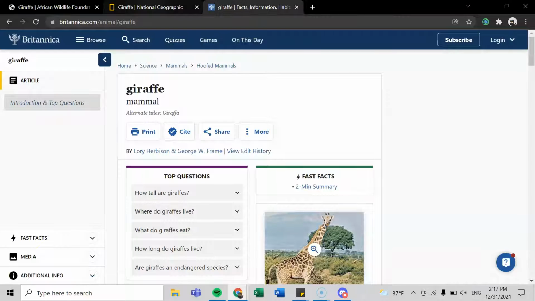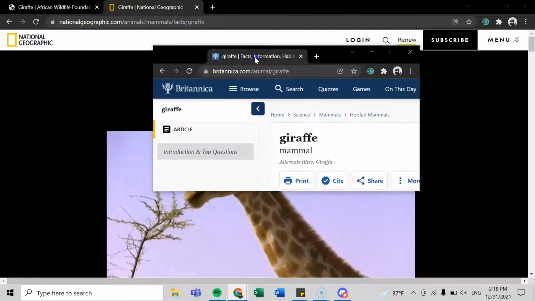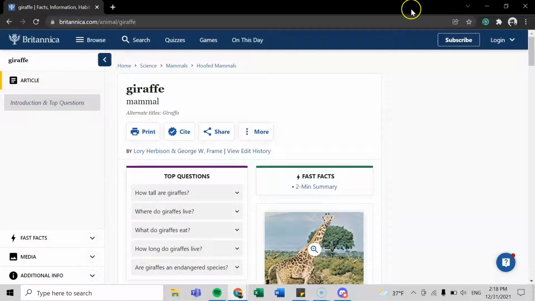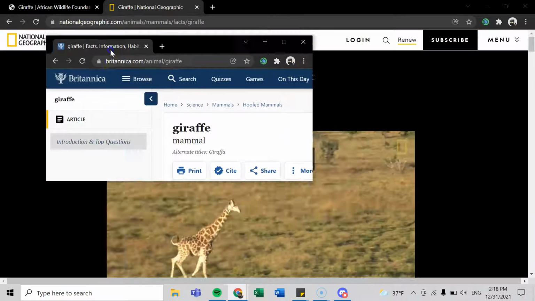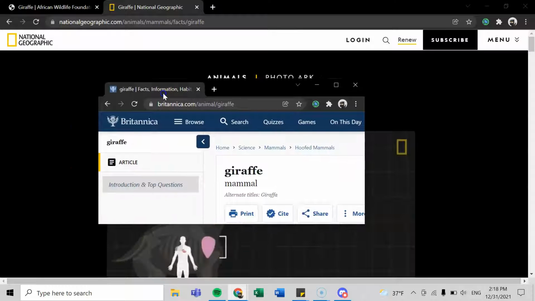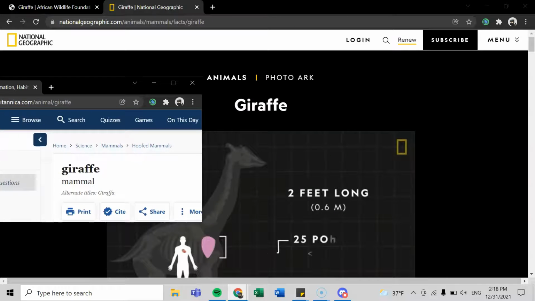Alright, so now we want to see these two together. We want to drag it out and make a new window. Click on this tab, hold your left click, drag it down. Now it's in its own window. Now it's a full screen window. The way we can minimize this and cut it in half so we have two windows next to each other is we click on it, hold, drag it to the bottom, and as we're holding, we want to tap it against the left side of the screen.